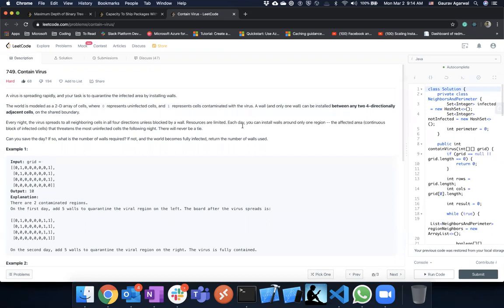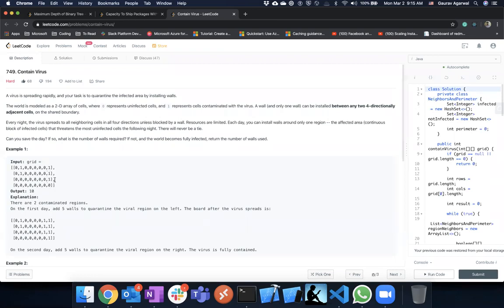Okay, so what it says in the first example, we have these two ones here. So this is one of the contaminated regions. We have these three ones on the right. This is another region which is affected by the virus. Each day, either we can install the walls around the region on the left, or we can install the walls around the region on the right.